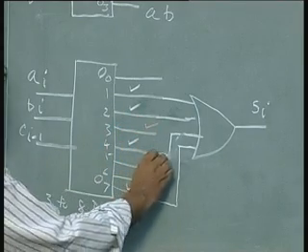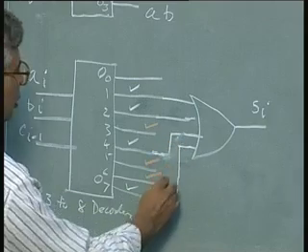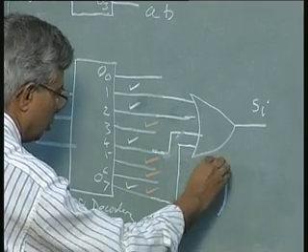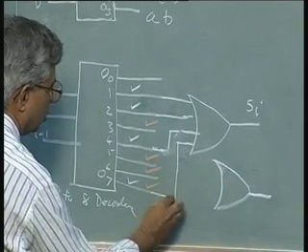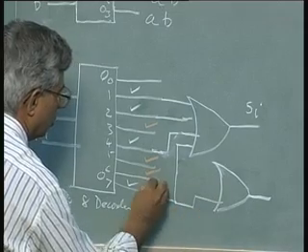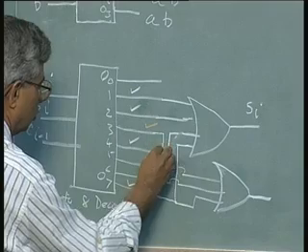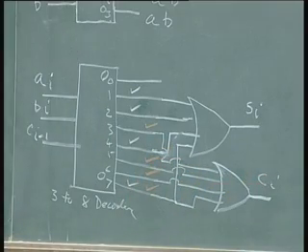Take these outputs and put them into another OR gate. This is Ci. So, with one simple 3 to 8 decoder and 2 OR gates, I can make the full adder circuit